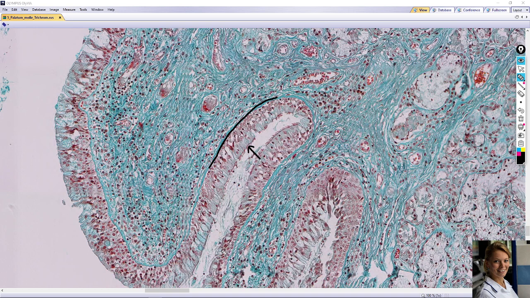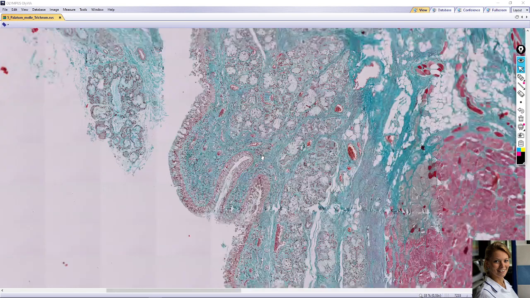Also here are goblet cells. So, pseudostratified ciliated columnar epithelium with goblet cells, and the